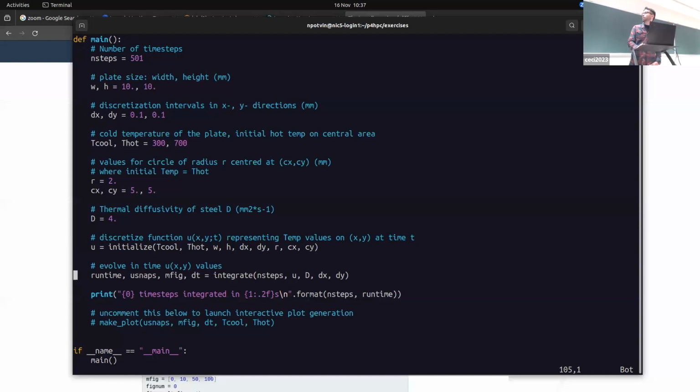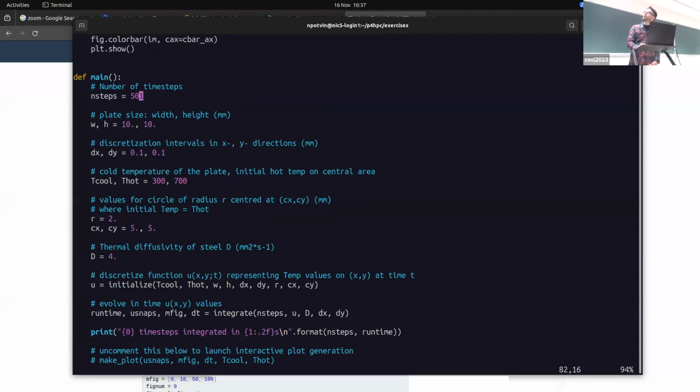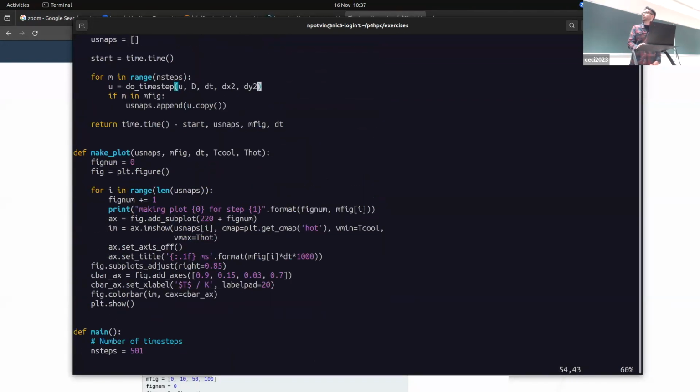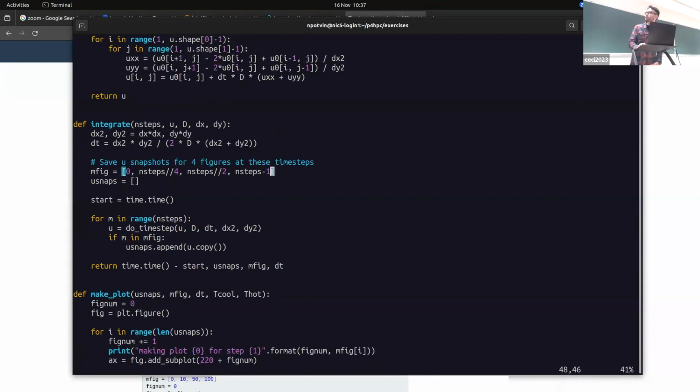And then the main will call the integrate function, where we have to provide the function and different parameters, but also the number of integration steps. So the first parameter defined here in the main is the number of integration steps: how many time steps I want to make my problem evolve. So it will call integrate, and then integrate will do the actual integration,